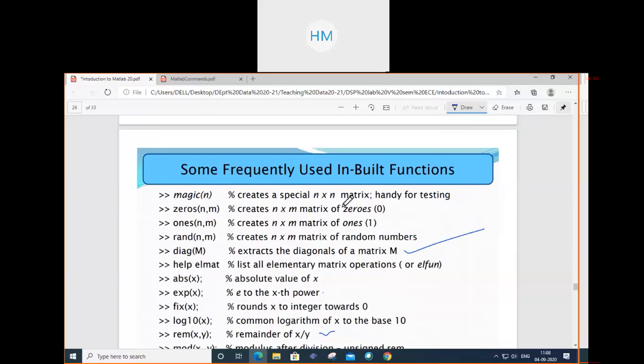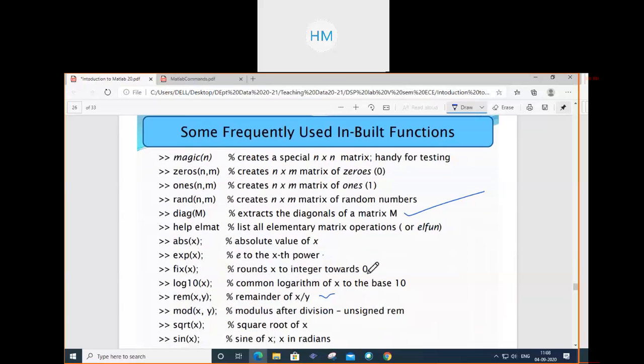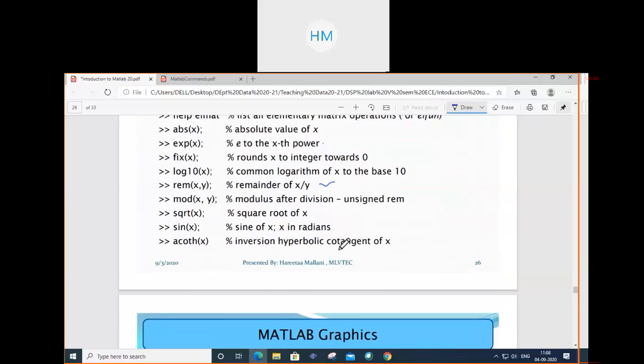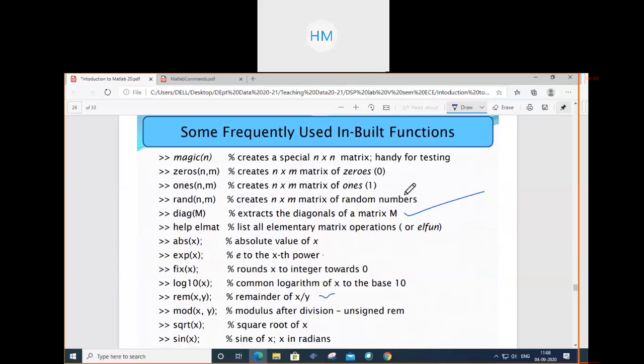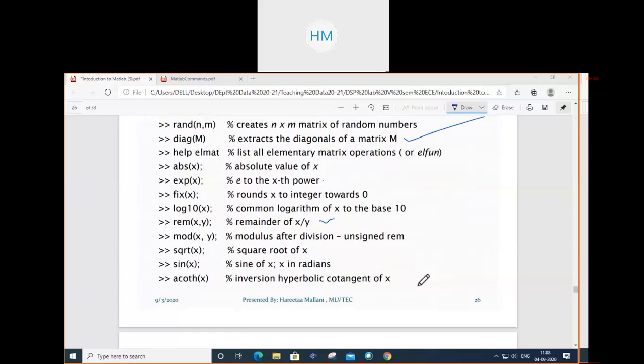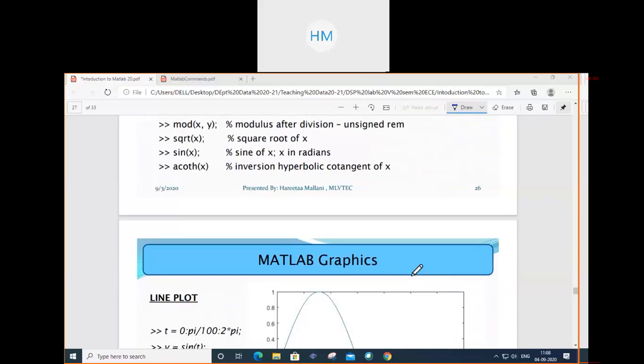These are all inbuilt functions in your MATLAB. That means I can directly get the square root, I don't need to write a program for that. That's why I'm telling you this is a very useful, beautiful and easy language in which you can write your program very easily by using these inbuilt functions. Otherwise, what we do in C, C++, we write the whole program, we write the logic. Here we can use this instruction directly. Clear? Any doubt you want to ask? Anything you want to ask?